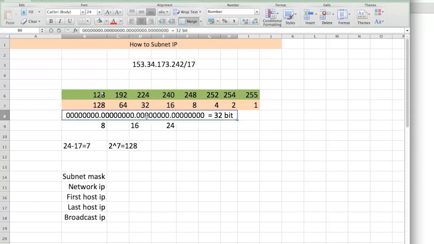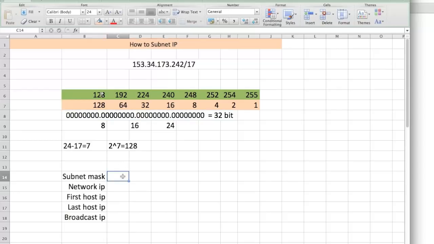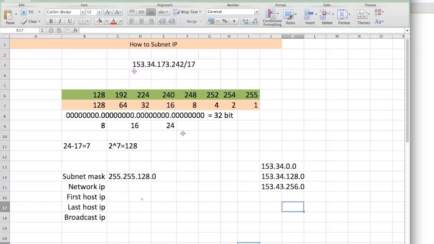Now remember, we said this was in the third octet, right? So the subnet mask is 255.255.128.0. That's the subnet mask. Okay, so now we need to find out the network ID. So the network ID would be, if you look at our IP, 153.34.173.242. Well, we know that 173 is in between 128 and 256, right? So the network ID would be 128. Okay,